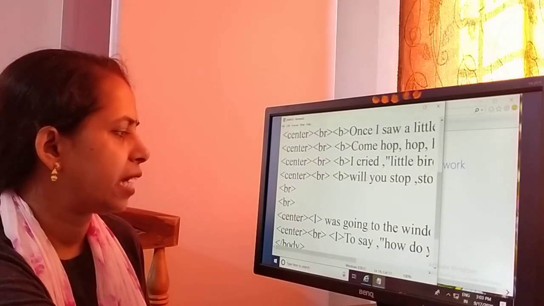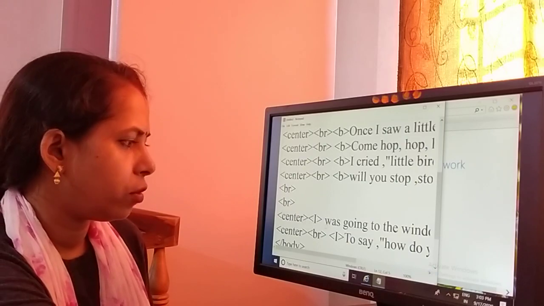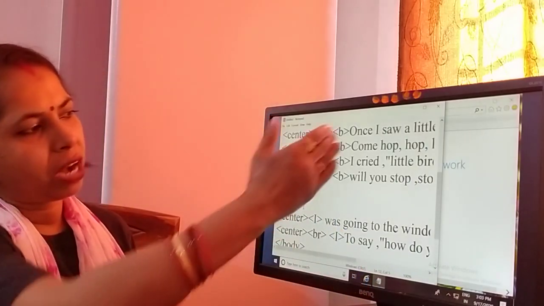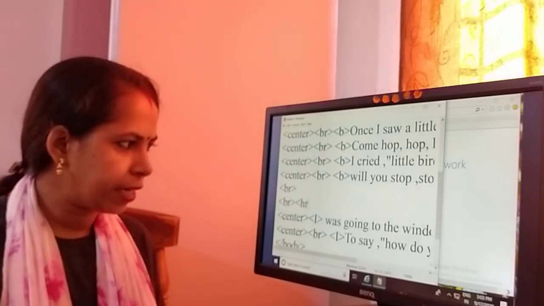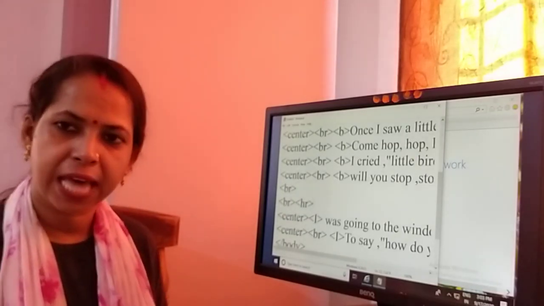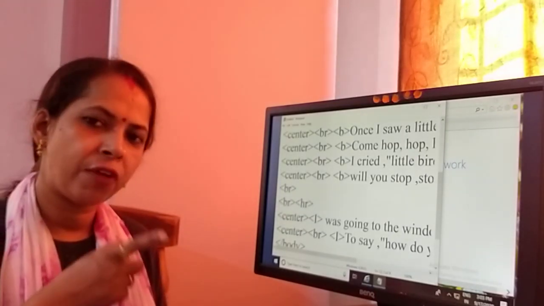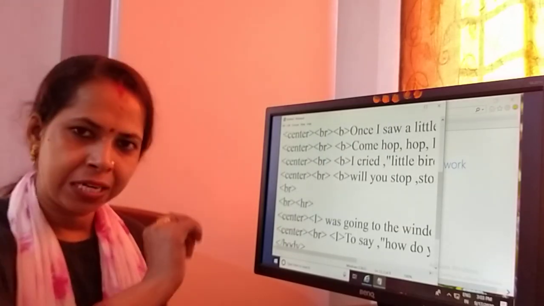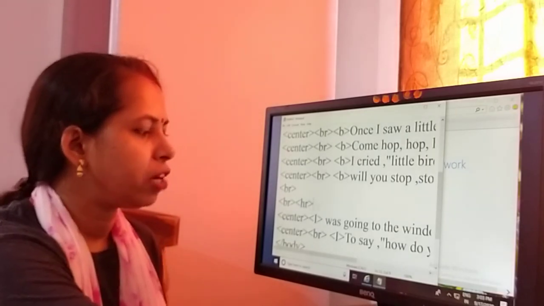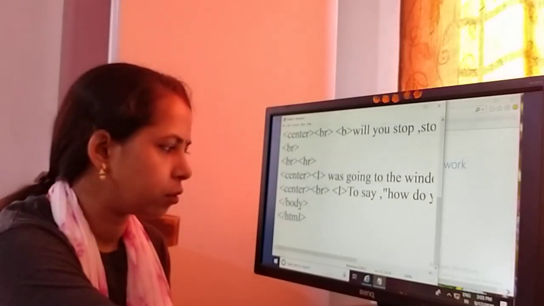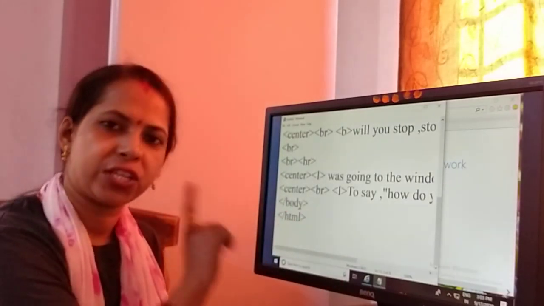If we take it here inside, that line will appear after all lines. So we have to take also the HR tag without any size, without anything. We have to take only HR for one simple line. Okay, don't give any sizes. After that we have to close the body tag and close the HTML tag.